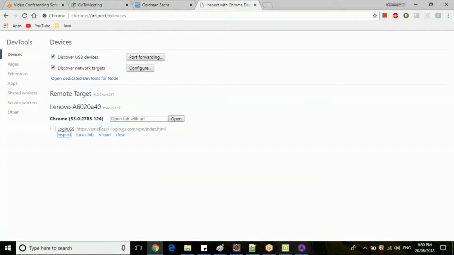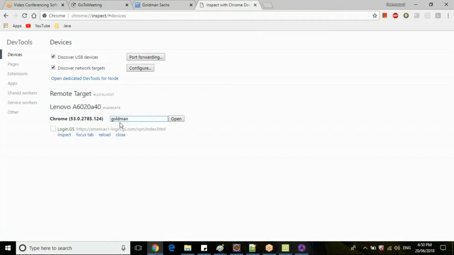If you want to inspect elements in that particular page, just click on inspect, or you can just refresh this page, or you can type the URL from here and it will launch automatically.